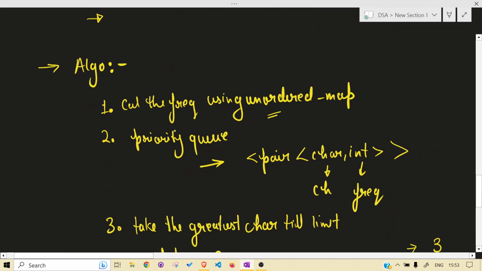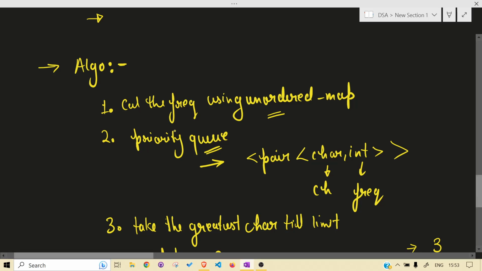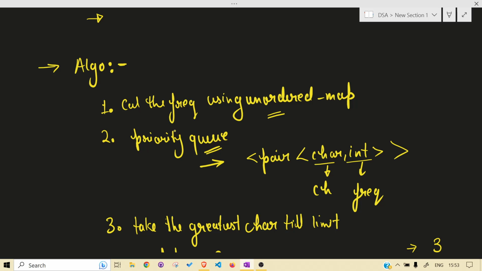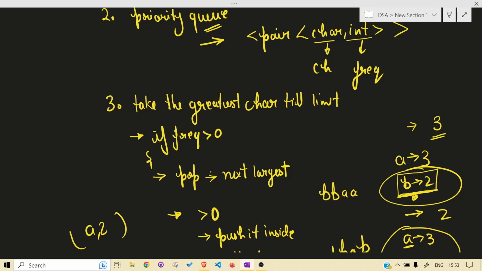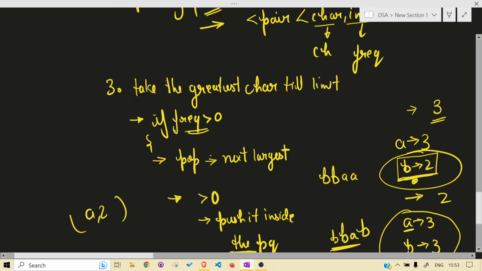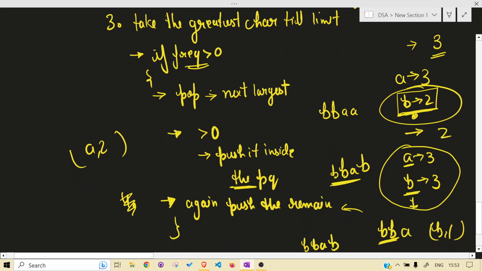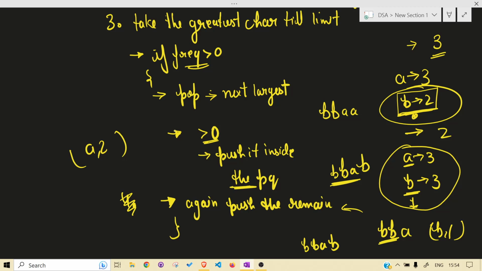We'll make a map to count the frequency, then we will fill this priority queue. Priority queue will look something like this, and what we will do, we'll take the greatest lexicographically, we'll keep on adding in the string, as we have to return a string, till the limit. If the frequency of that greatest is still not 0 after the limit, what we have to do, take the second largest lexicographically, and we just use one of its frequency, and if it is still greater than 0, we just push it back,